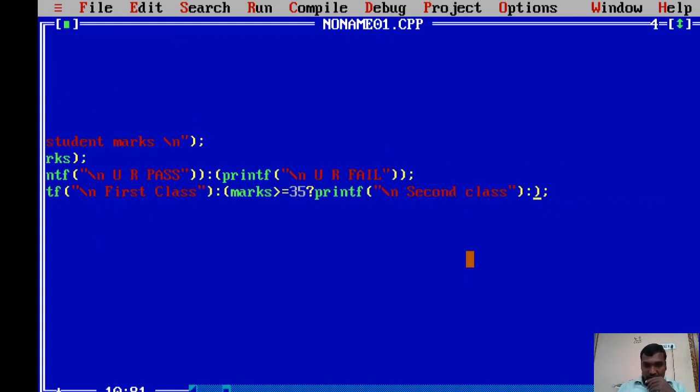The student is fail, right? So printf fail. Or we have already written that statement, right? So if he is pass or fail, here there is no need to print anything, right?